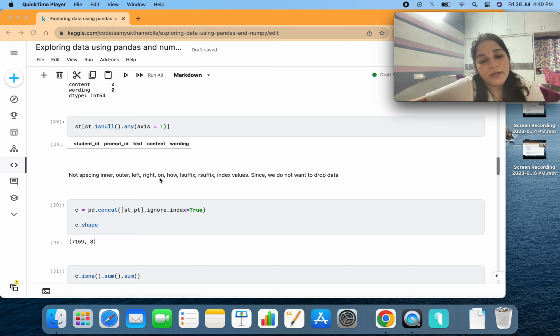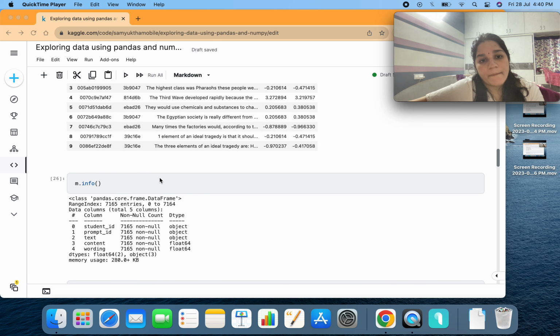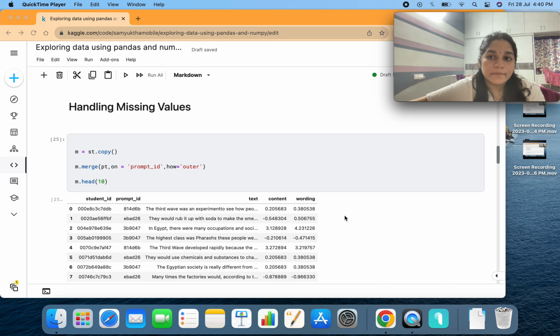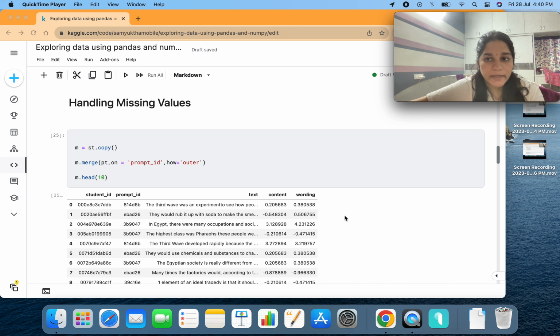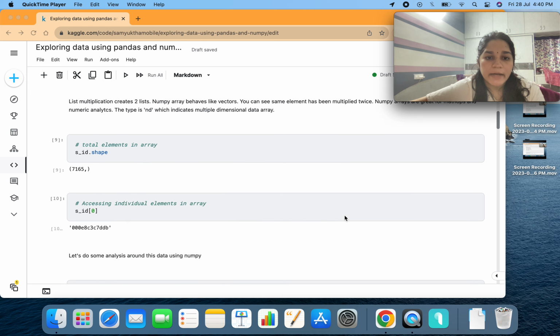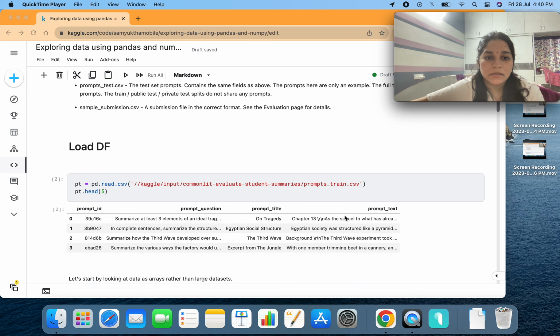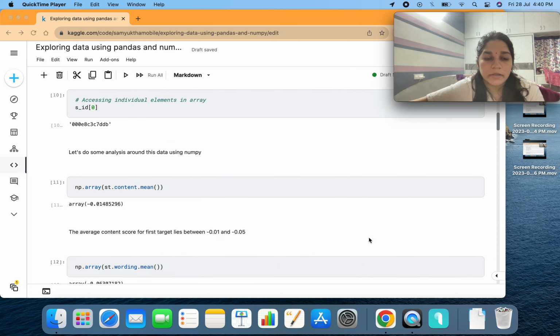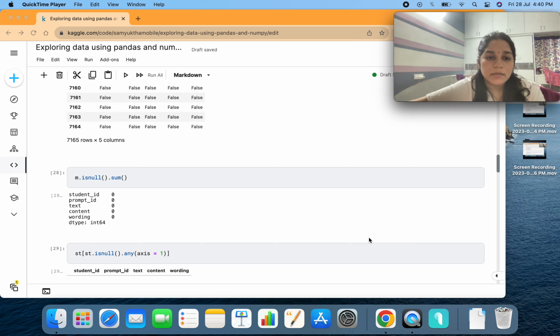And we have only 7,000 entries, and I have tried to use on, but here prompt ID, but we do not have data from the prompt side. We have some missing data, like prompt should have had something like this: prompt question, prompt title, prompt text, but it's not there. So you can join this data